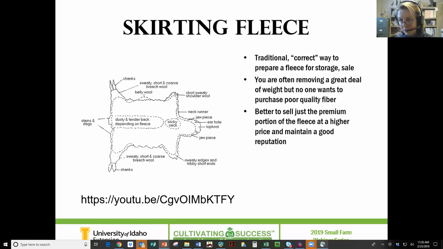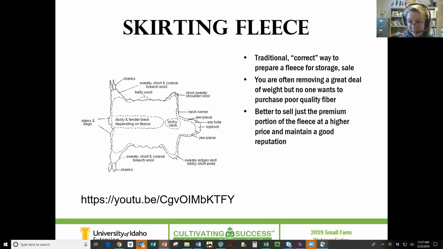Oh, that's a good question. I really feel like ram fleeces are stinky. I just think that's kind of the nature of the rams. It does wash out. I guess you could identify it as such and just say, this is my ram fleece. It has a bit of an odor.